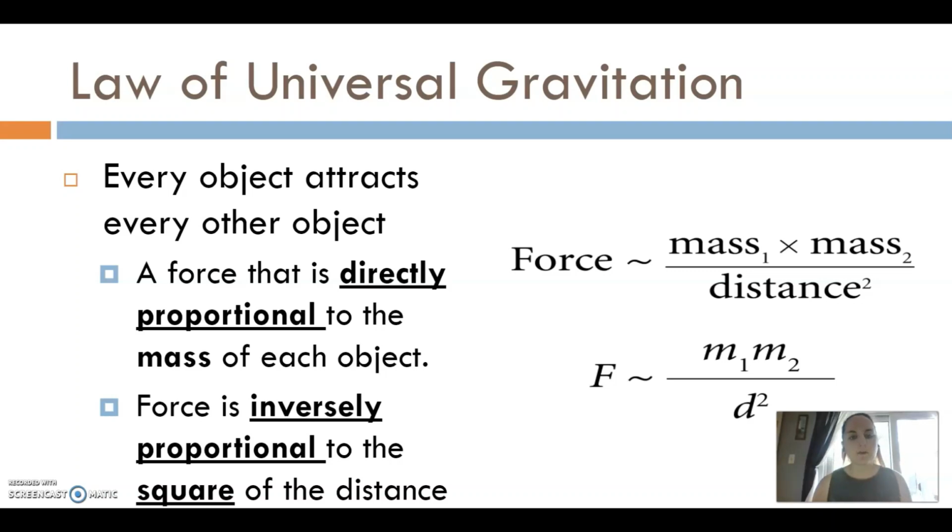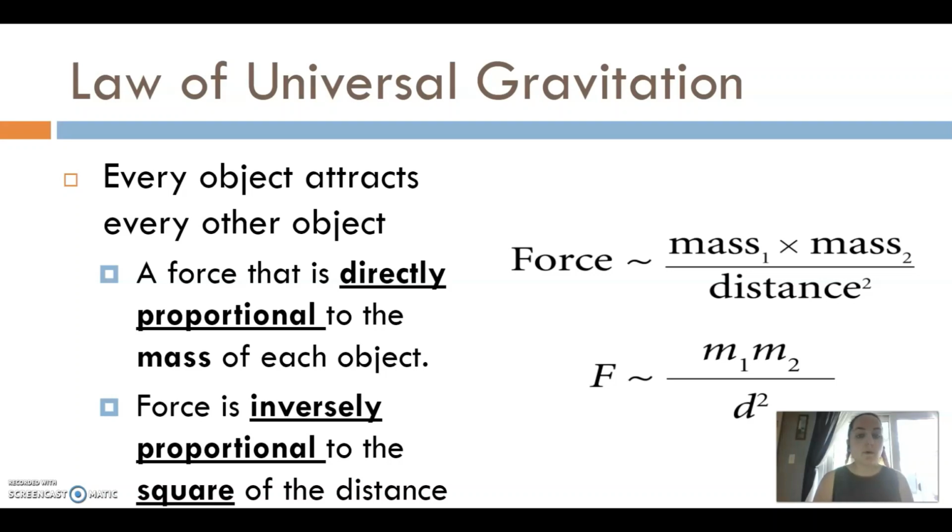So every object attracts every other object. And again, it might seem counterintuitive that this is the case, but think that gravity is a super weak force. Like if you throw a ball up into the air, yeah, it's going to come back down. But guess what? You were able to throw it in the air. So that force isn't super strong.